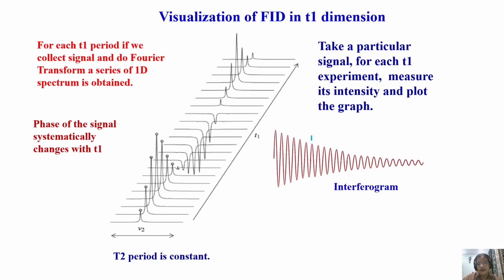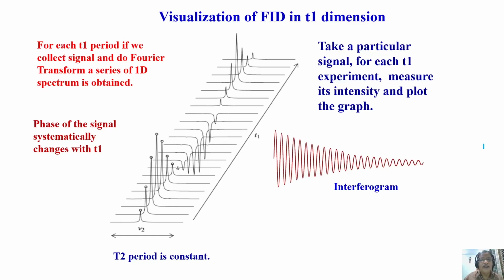So in this, finally, if you have many such frequencies, in the T1 dimension, you also have an interferogram. Exactly like this. I took an example for only a single frequency, how it is varying, to show it is an oscillatory function. And also it is a decaying function like this. It is decaying FID. Damped oscillations are there for one frequency. If you have n number of frequencies, n number of peaks present, you have an interferogram like this. And that is what happens in the 2D data acquisition.